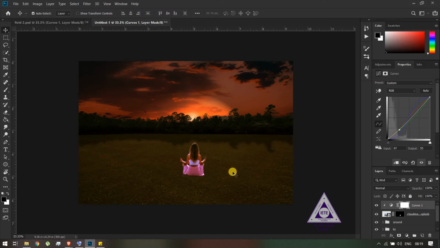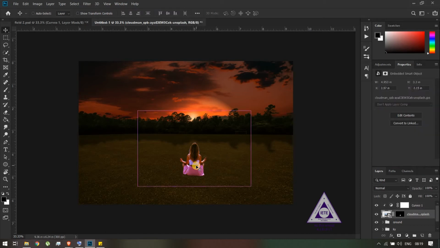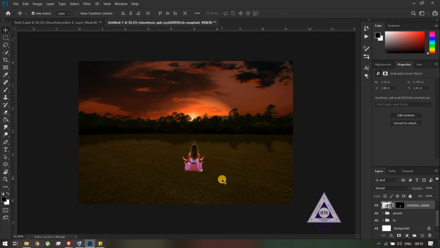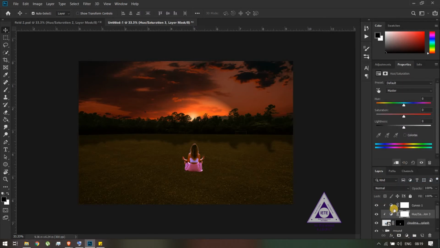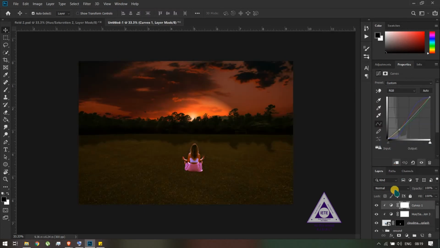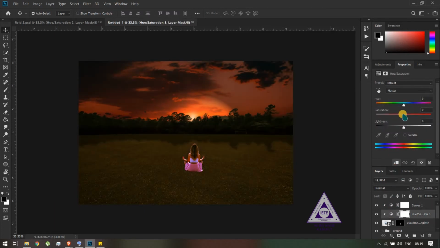So yeah, I think this looks pretty good. You can still make more changes to refine the selection. I'll still reduce the size a little bit. So to make it look even better, I can even use the hue and saturation layer. So that's what I'll be doing now. And this layer as well, you are going to clip to the layer below. So I just clip it and the curves layer as well. And yeah, so now I'll make a few changes here as well.